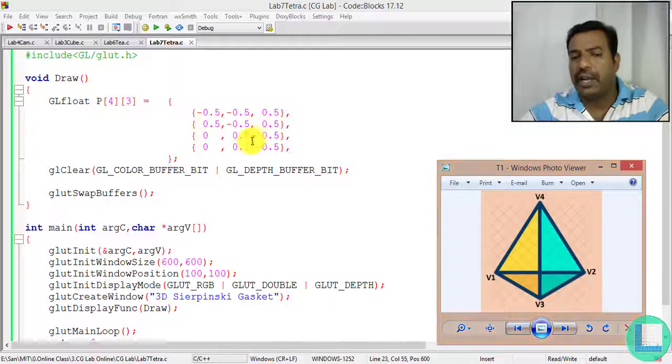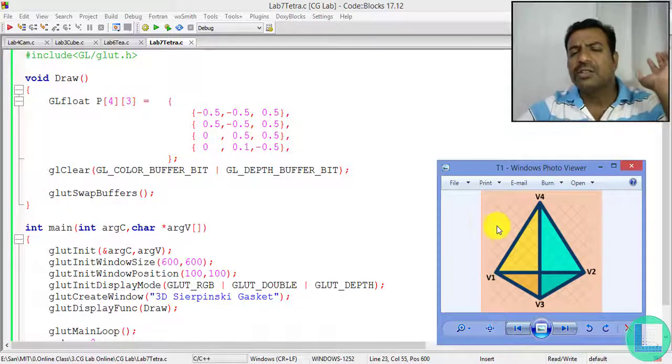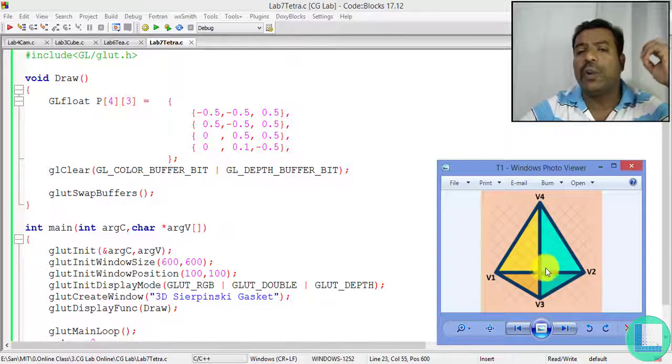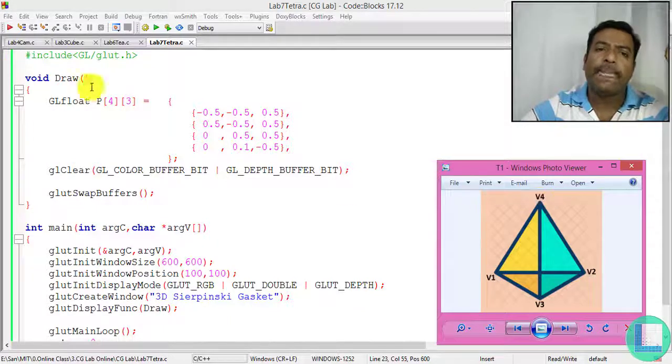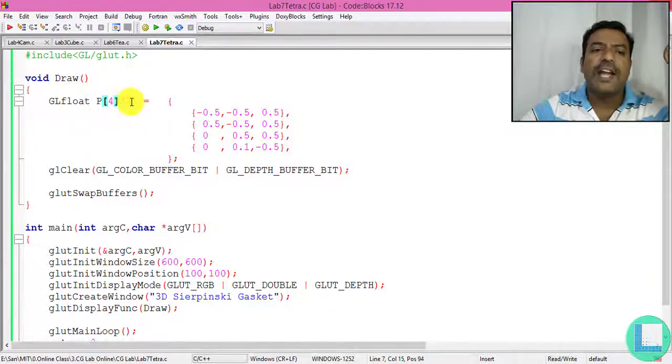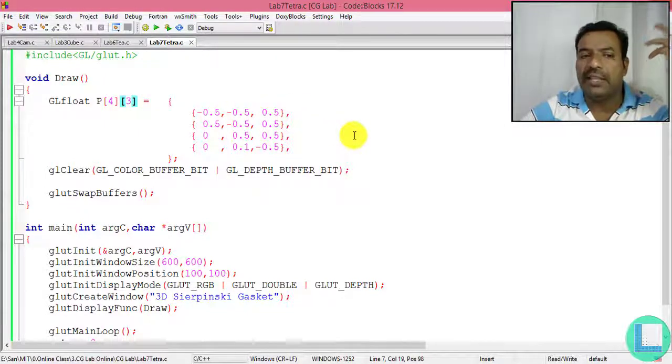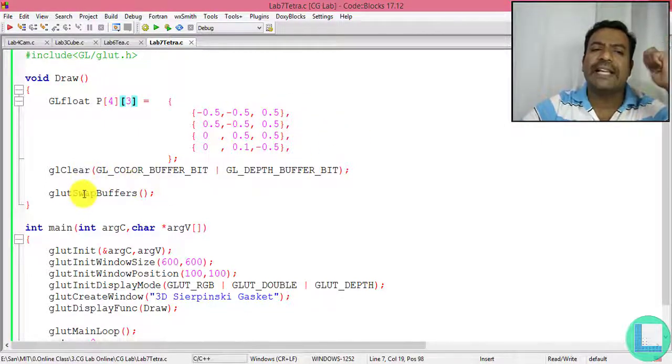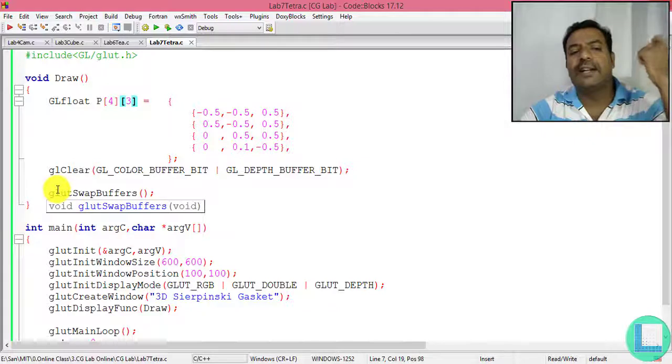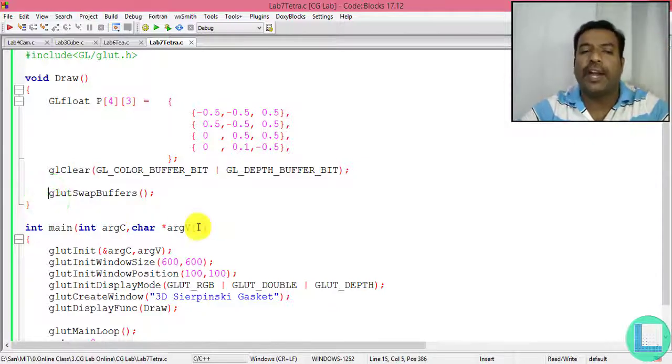Just think how we are going to draw a tetrahedron, keeping a triangle as a base and a point as the tip of the tetrahedron. As I told you, it's going to contain 4 points, and each point is going to contain 3 values, the x, y and the z. Keeping these as the points, now let us build the instructions to draw a tetrahedron.